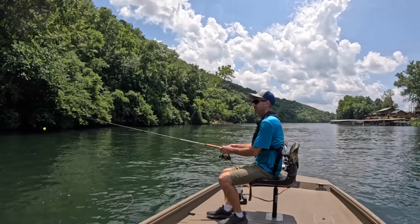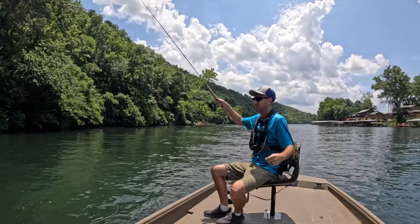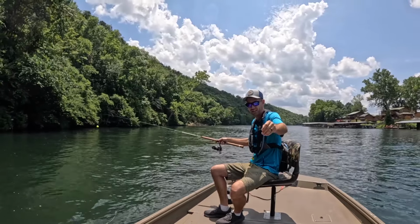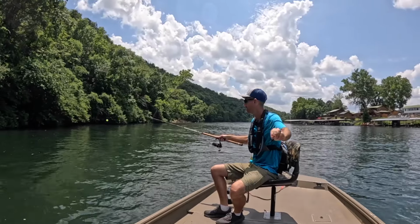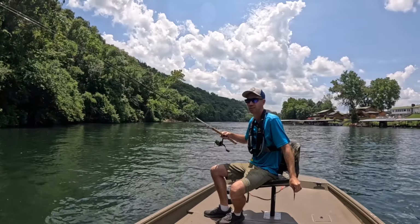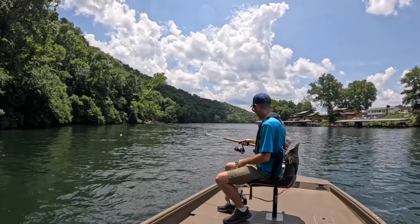I'm gonna do one cast today. It's Sunday the 29th of June, almost over. I've got a 25th ounce black and brown with a brown headed jig on a 2-pound line. I'm about 8 to 9 feet from a weighted float